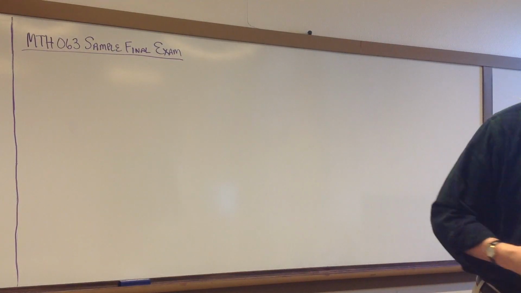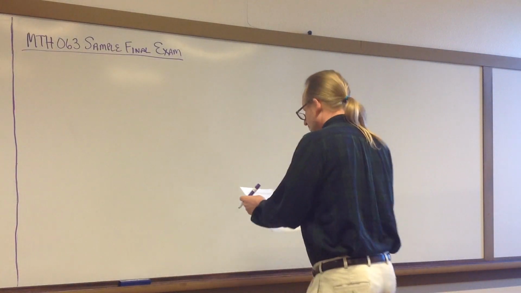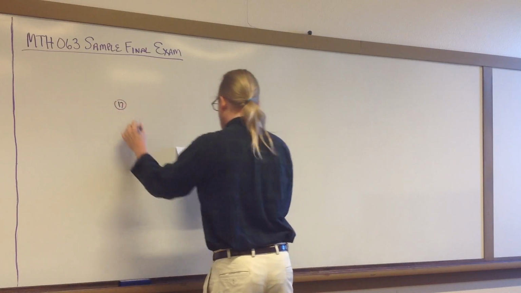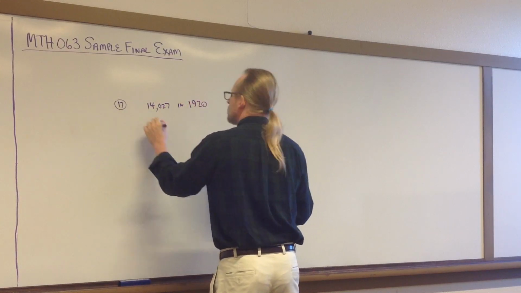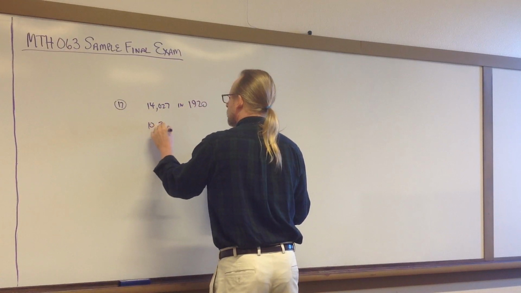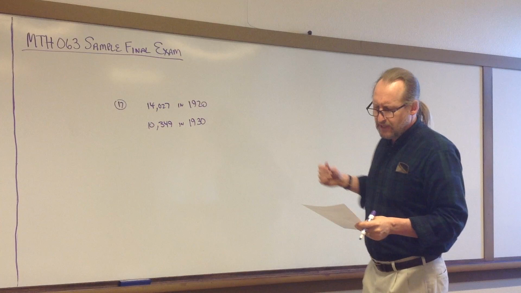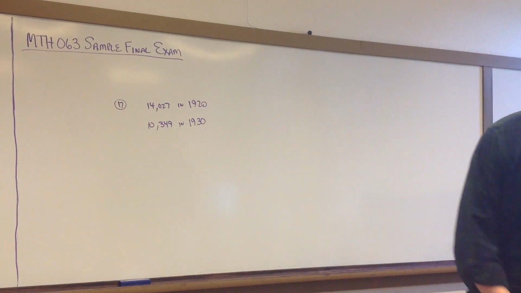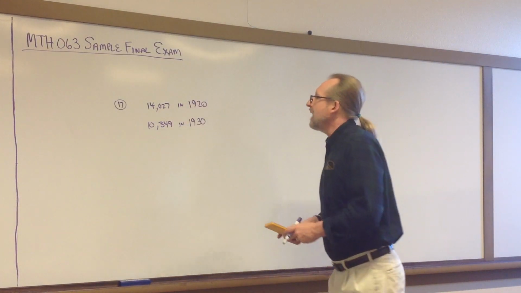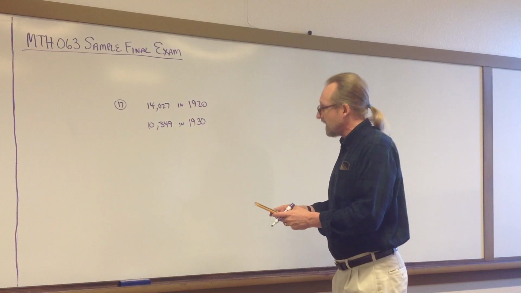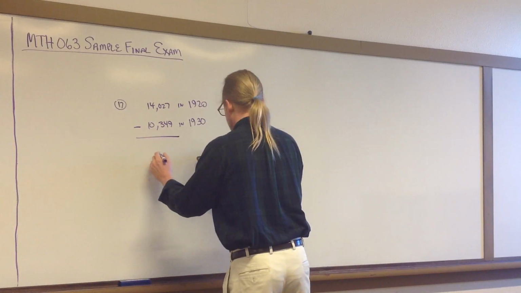All right, problem 17. Population of Astoria declined from 14,027 in 1920 to 10,349 in 1930. Find the percent decrease during that time and round your answer to the nearest tenth of a percent. Okay, so let's see here. First we need to find the amount of the decrease. 14,027 minus 10,349. So the amount of the decrease there is